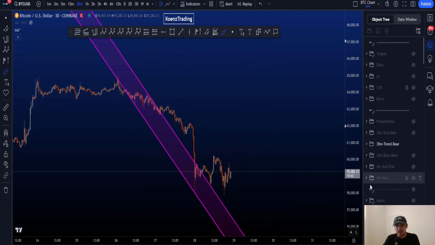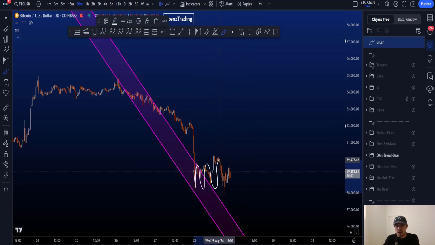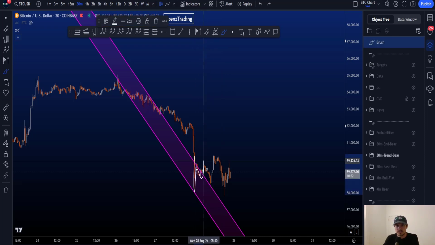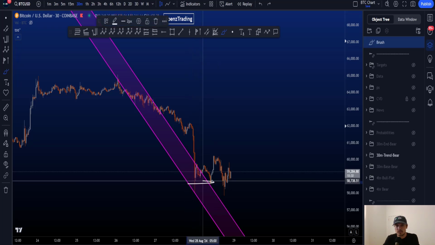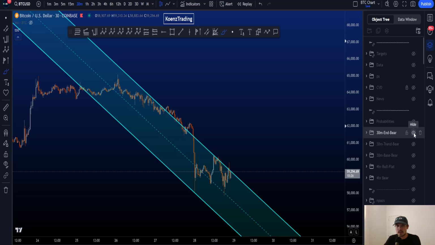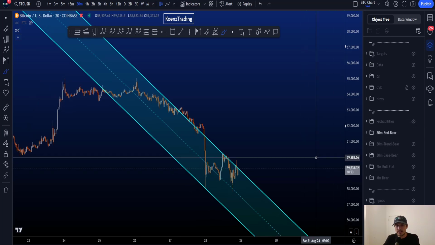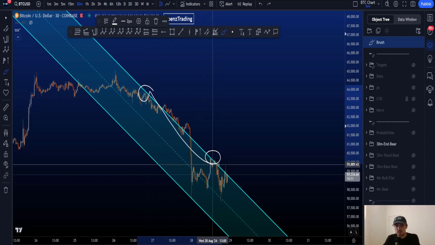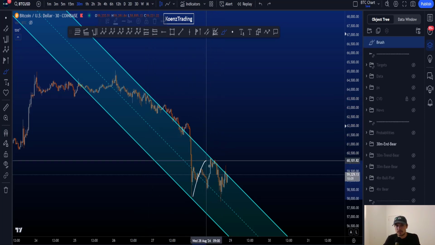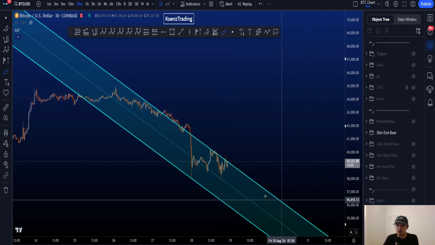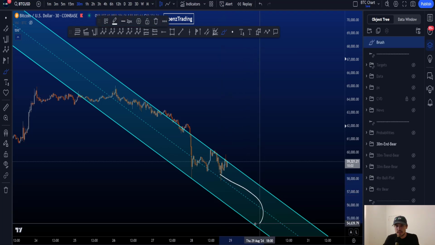Okay, so in this case, you want a wave 4 to move outside of your trend channel, which of course clearly happened. We moved towards the downside here and then started to move sideways, moving out of this channel. So that is also something that we like to see in an impulse to the downside. And then finally, we have the end channel, and the end channel is taken from the end of wave 2 to the highest point that I have here on my chart, for this being a potential wave 4. And then you look for another 5 to the downside, where preferably your wave 5 is ending in the lower